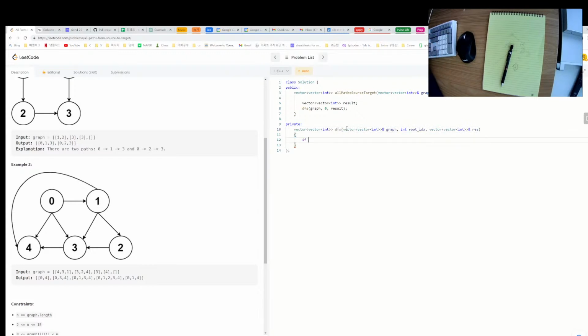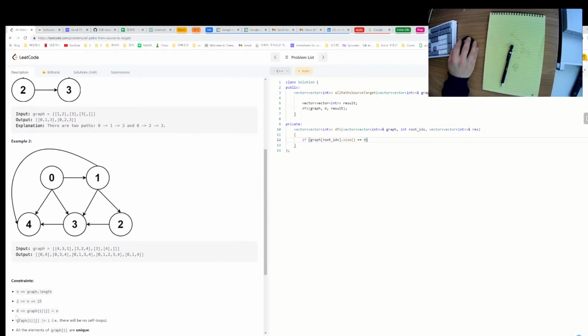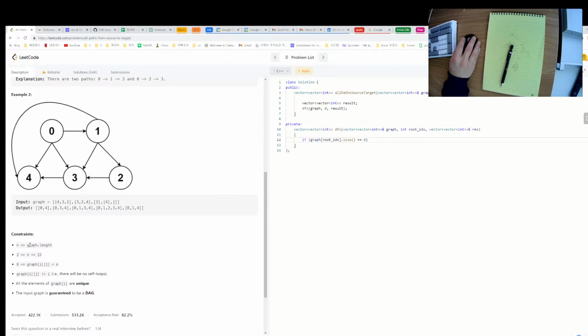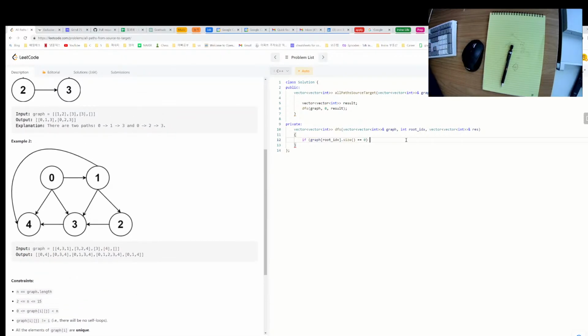So if graph root index size equals 0, like shown in here, okay, in that case I need to just return. Otherwise, for int k